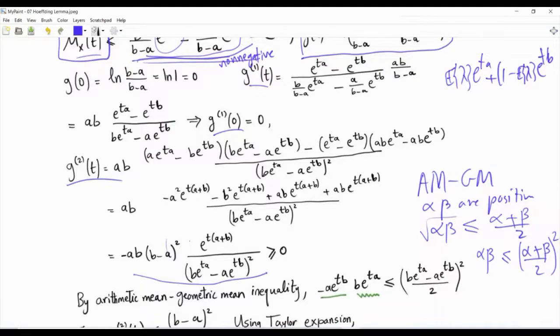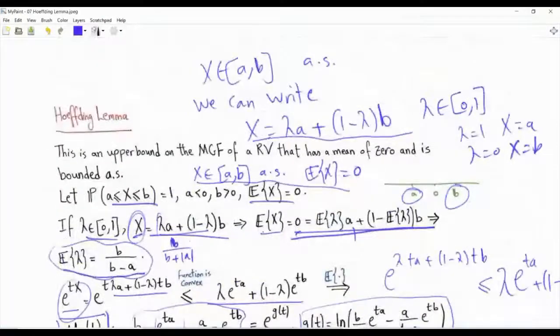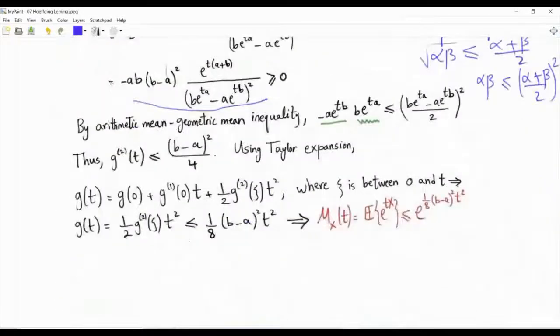Again, the final thing to say in this lecture, the big picture, is that we are interested in having an upper bound on the moment generating function of a class of random variables. What are those random variables? Those are random variables that are zero mean, and they are between a negative and finite a, and a positive and finite b, almost surely. And so what we will do is continue constructing this upper bound, and then later in the course we will use it to derive the Hoeffding